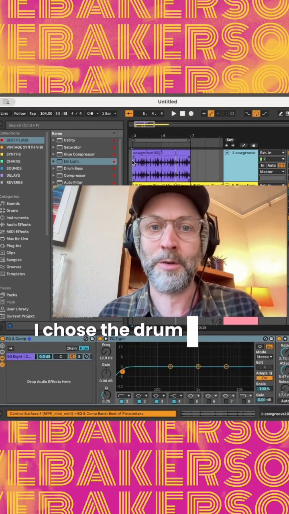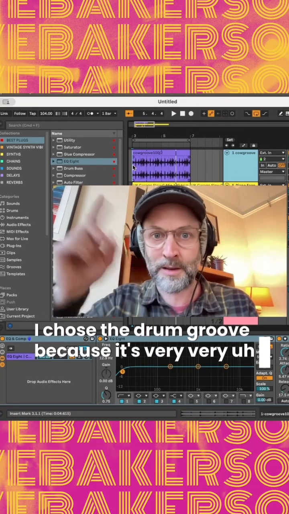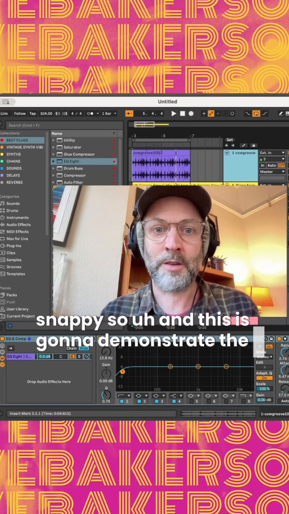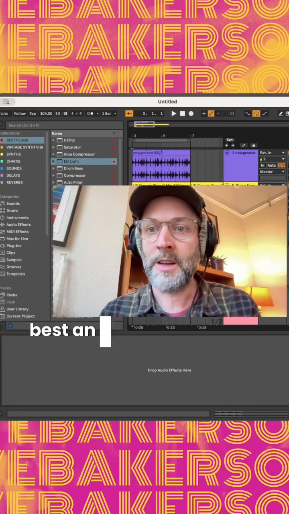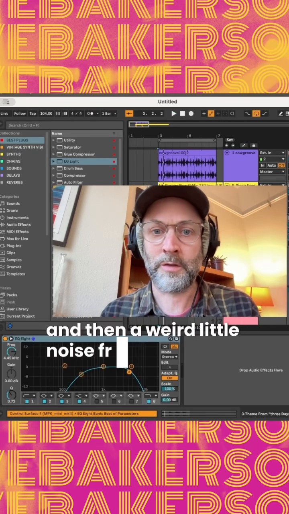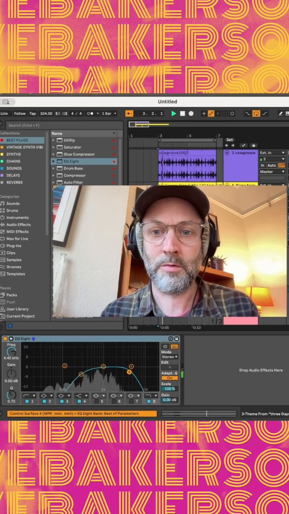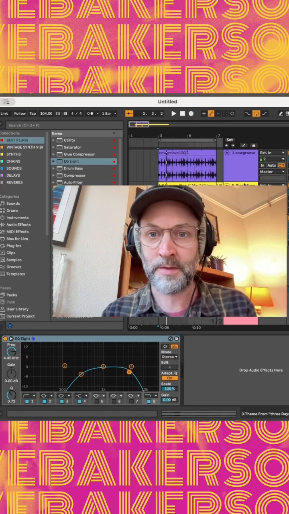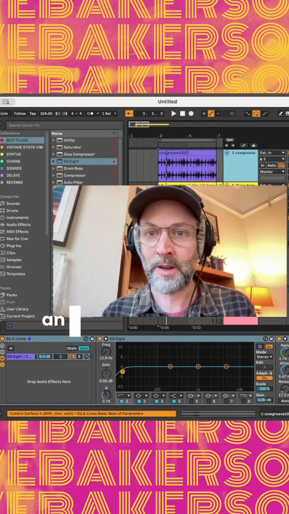I chose the drum groove because it's very, very snappy, and this is going to demonstrate the parallel compression best. And then I've chosen a simple keyboard loop, and then a weird little noise from a sample. Some of them are being sent to spatial effects, and then the drums and the keyboards are being sent